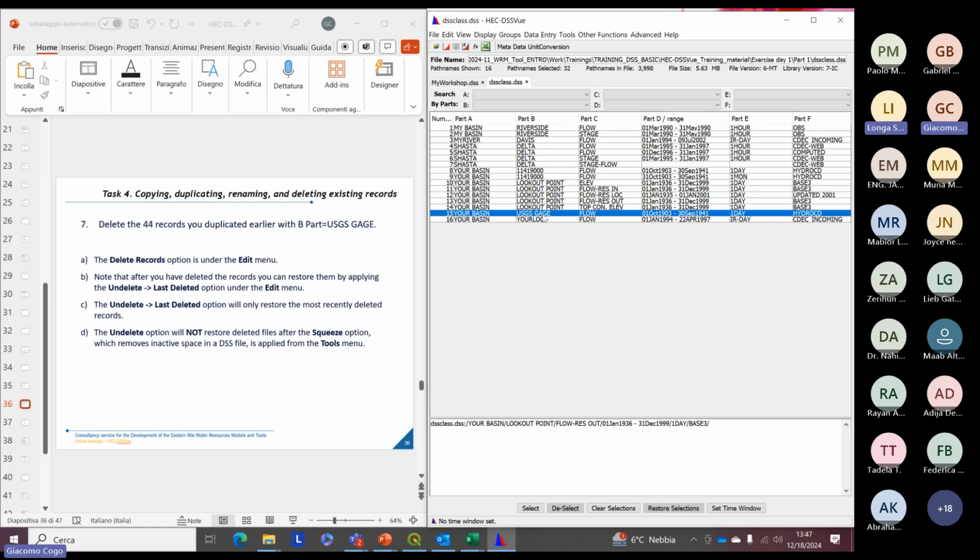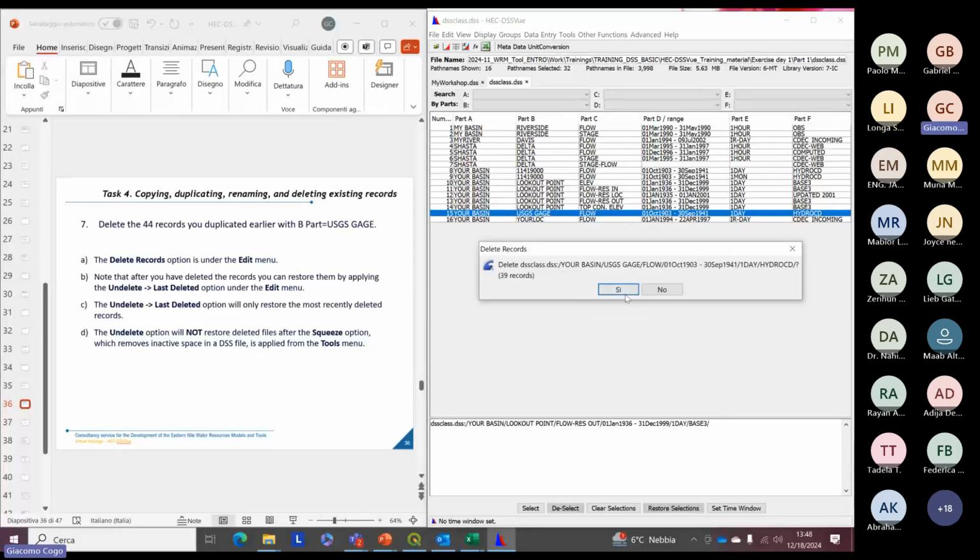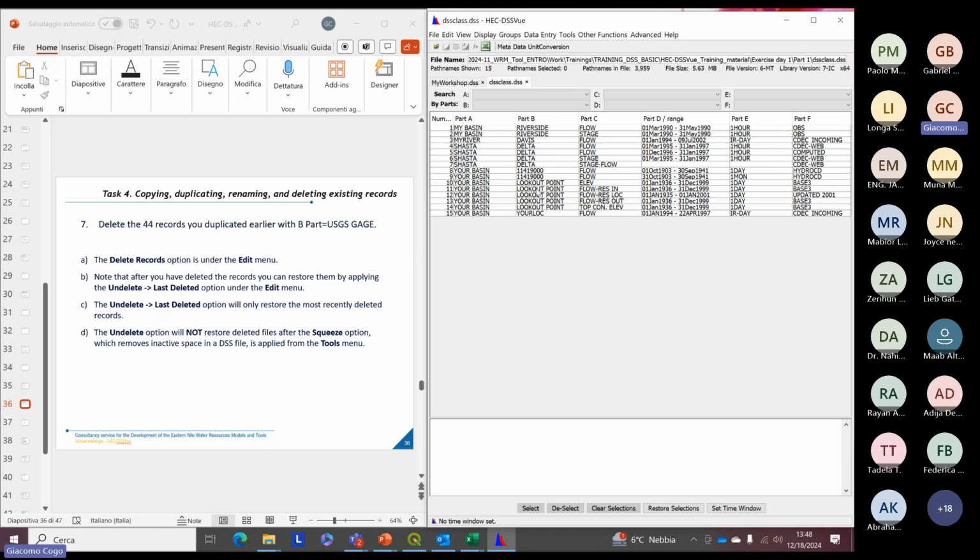So I actually simply have to right click and then delete. That's here. Delete records, yes. And now we don't have it anymore. But if we want, it's possible to undelete the record. That means if I delete it by error, for example, and I want them to appear again,